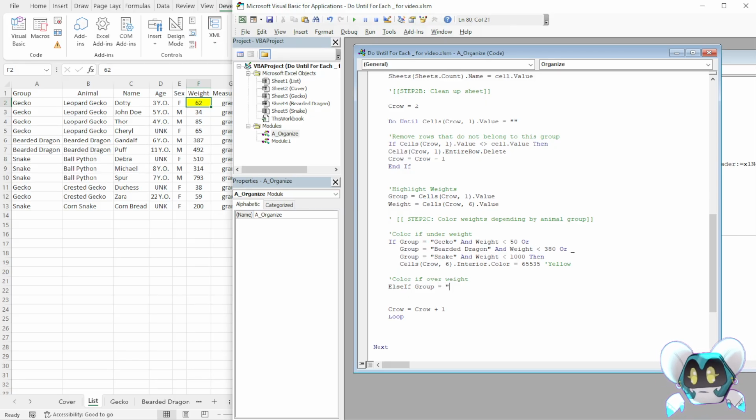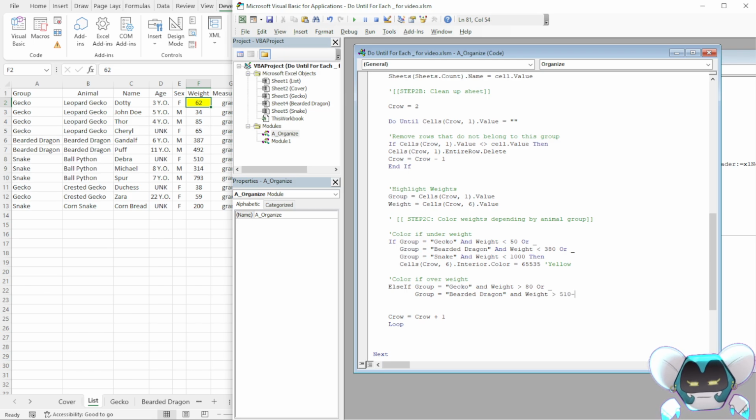So if the group is gecko and weight is greater than 80, or group equals bearded dragon, and weight is over 510, or snake